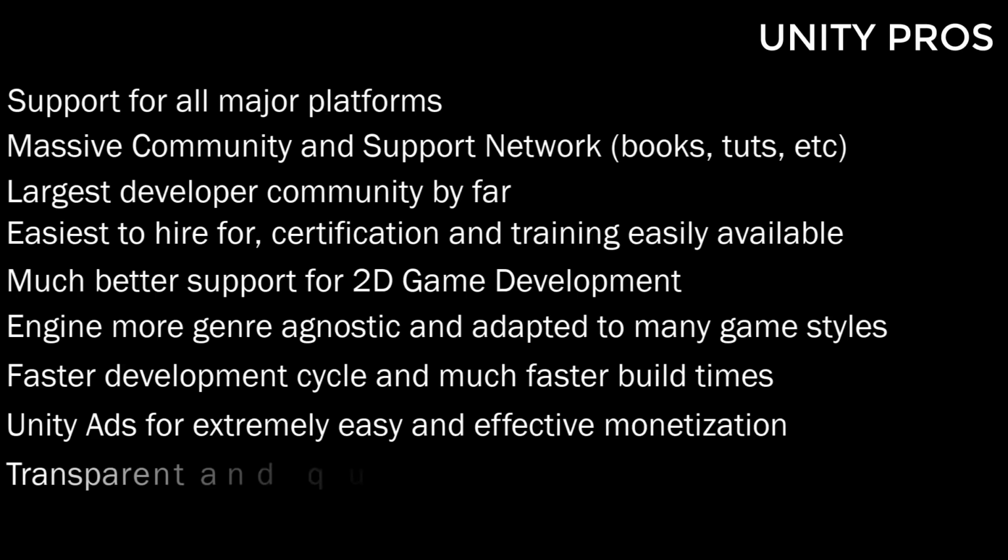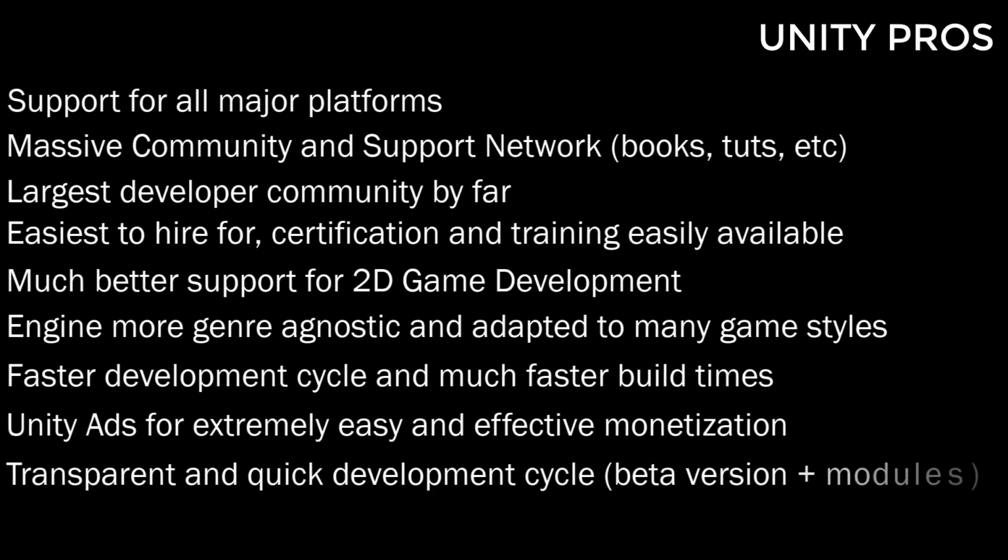This next one, kind of a pro, kind of a con, is they have an open and quick iteration on development. So they're very transparent with regular alpha and beta releases. So at any particular time, you have a beta version, an alpha version, months down the road. So you have an idea of where Unity is going at all times. Now, with the release of 2019.3, they actually suggested that they're going to be slowing this down a little bit, having fewer releases per year. But that was one of the strengths they've got.